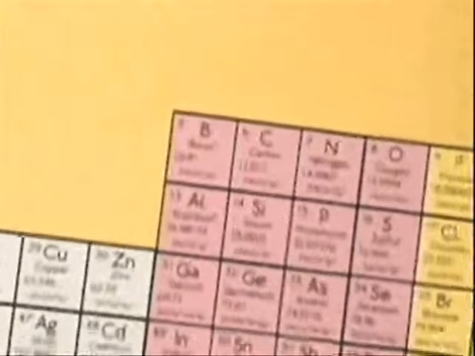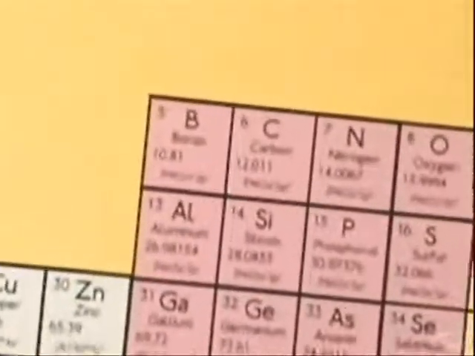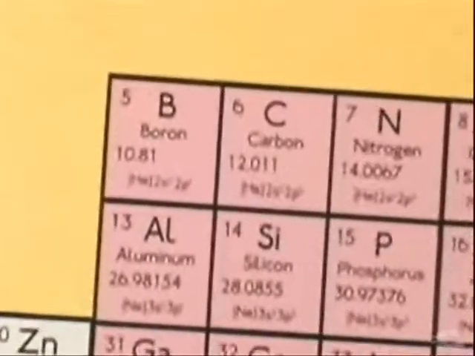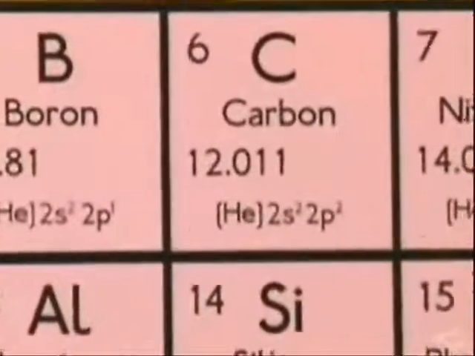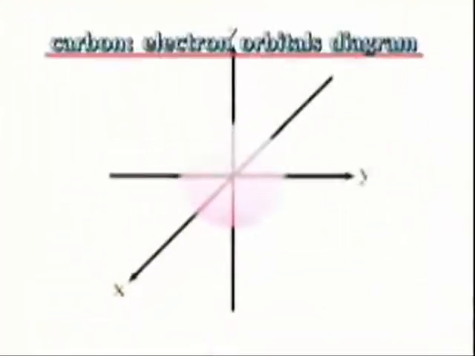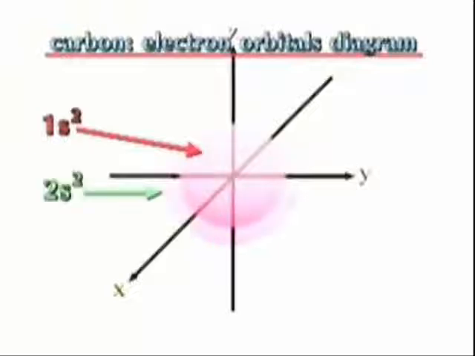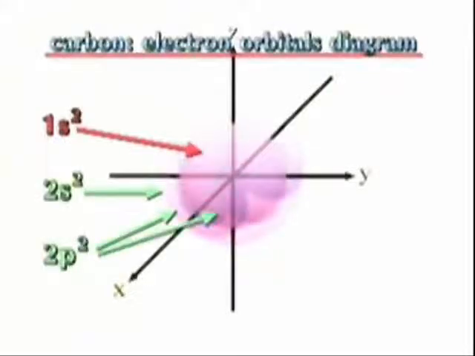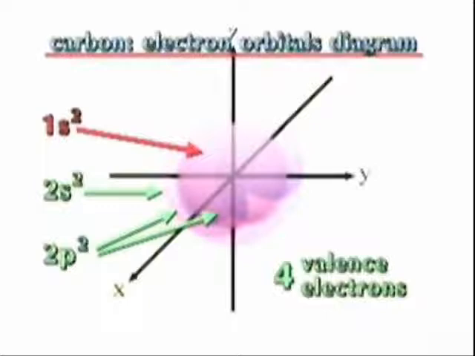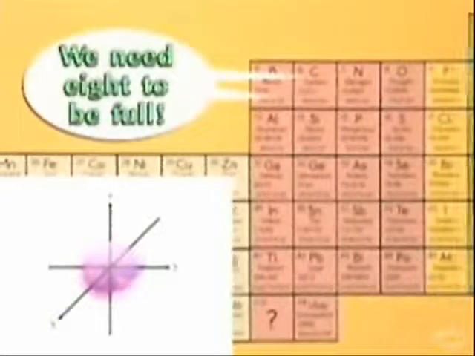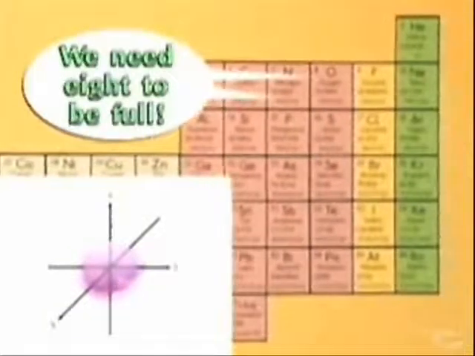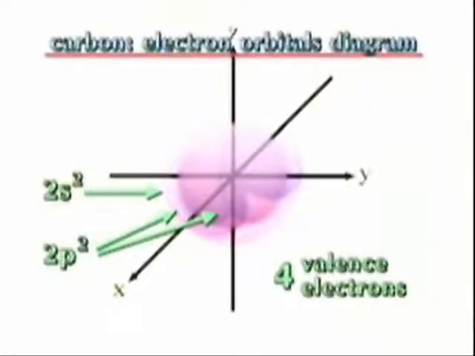The secret of this unusual element lies in its atomic structure. Carbon has the atomic number of 6 and is in the second row or period of the periodic table. It is an atom with 6 electrons in 2 energy levels. The outer shell, or valence level, has only 4 electrons. Elements in the second period, such as carbon, need 8 electrons in order to fill the valence level. Carbon exactly fills half of its valence level with electrons.